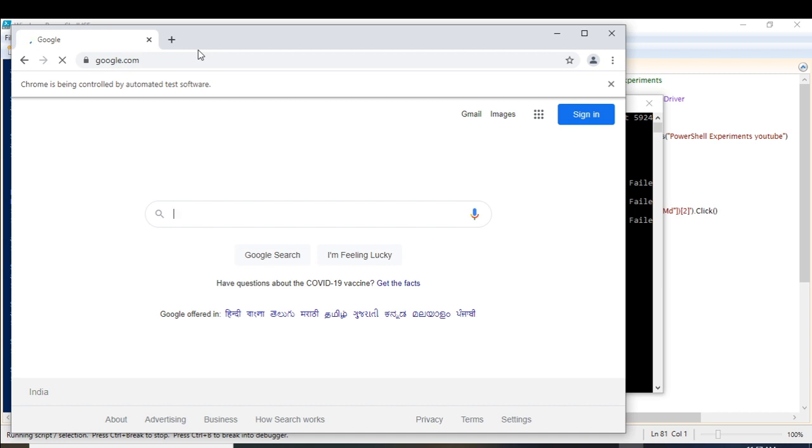Again, my internet connection is weak right now, that's why it is taking time. Let me close it and then I'll run again. It is taking time.